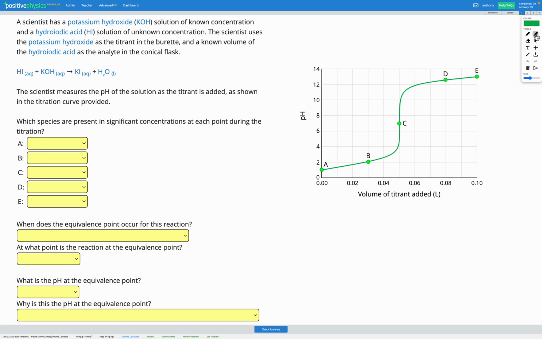In this question, a scientist has a potassium hydroxide solution of known concentration and a hydroiodic acid solution of unknown concentration. The scientist uses the potassium hydroxide as the titrant in the burette and a known volume of the hydroiodic acid as the analyte in the conical flask. So just to get a better idea of what's happening here,